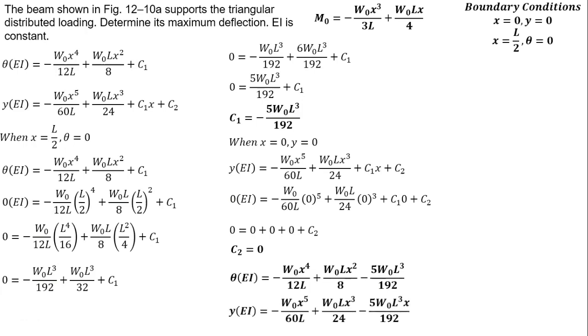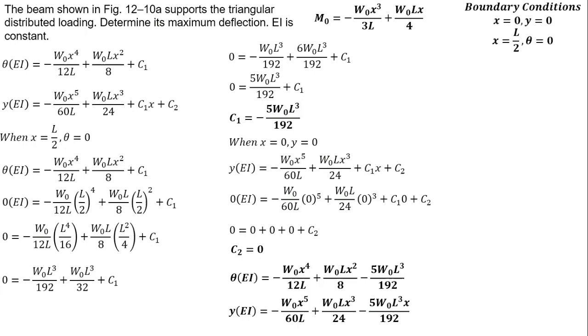So next is i-rewrite na natin yung equation natin for slope and deflection. I-substitute natin yung C1 and C2. So yung slope equation natin, theta EI is equals to negative W0 X to the fourth divided by 12L plus W0 L X squared divided by 8 minus 5 W0 L cubed divided by 192. So next naman, yung deflection equation natin, y times EI is equals to